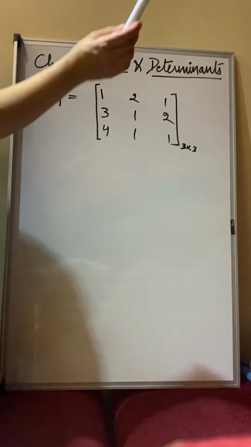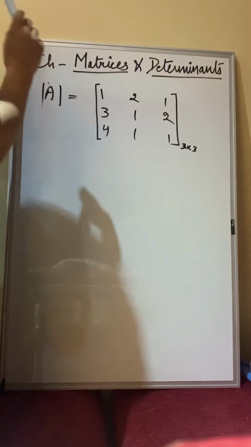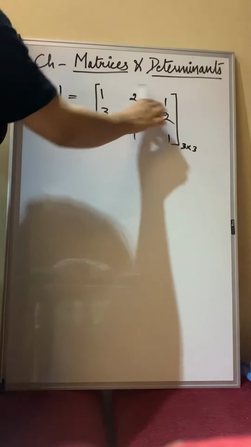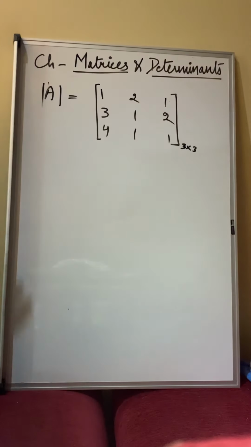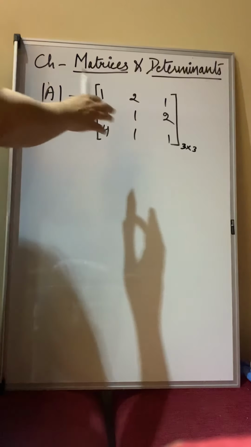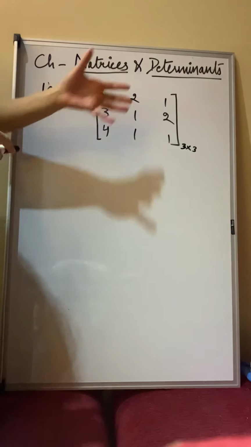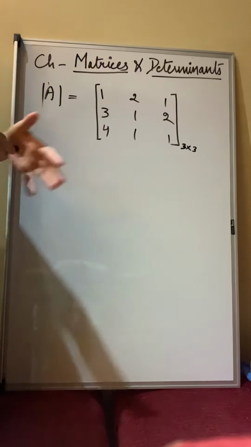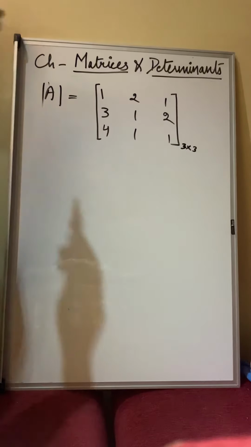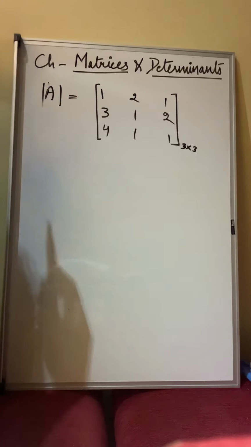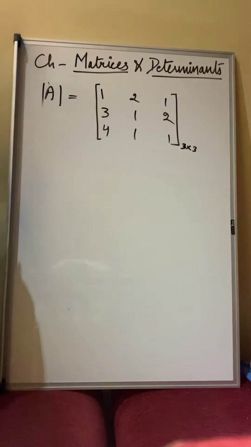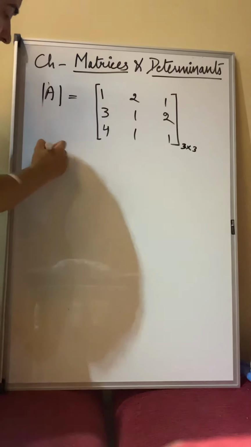This is not an identity matrix, because here the other elements are not equal to 0. So we will be solving this matrix. We can take any random values, or later on it will be given in the questions also. So if I have to calculate the determinant of this 3:3 matrix, let us start.